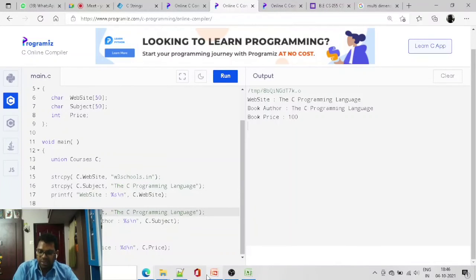If I change it over right here, you can see the value is changed. You can easily understand: a structure can hold any number of pieces of information at any point of time, a union can hold only one. That's the major difference.